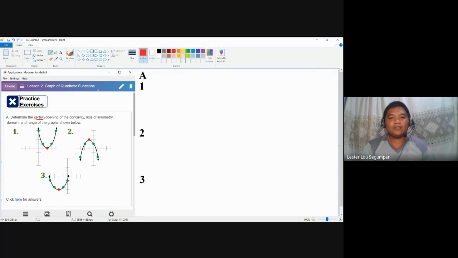Out from the vertex, you can come up with your correct tabular values, and by choosing the correct points for tabular values, you can determine, by plotting them in a rectangular coordinate system like this, the exact form of the parabola. But our goal this time is not to graph, because the graph is already given. With that, try to analyze the vertex, the opening of the concavity, the axis of symmetry, and the domain and range. Let's call them A, B, C, D, and E so that we will not have any problem representing them later on.